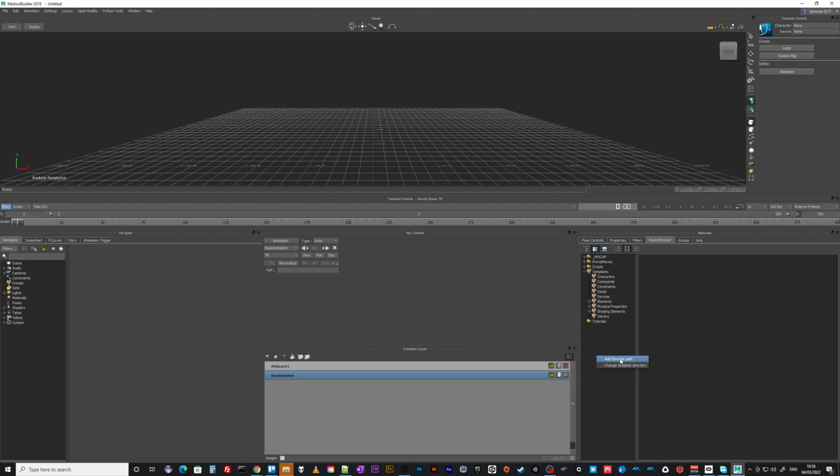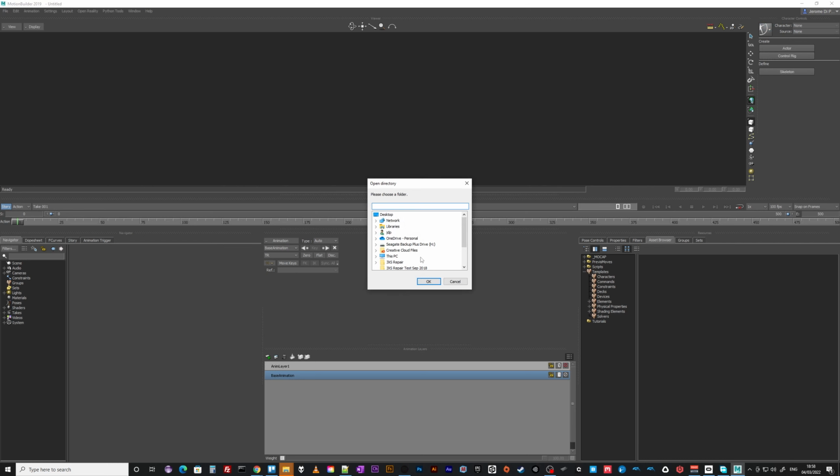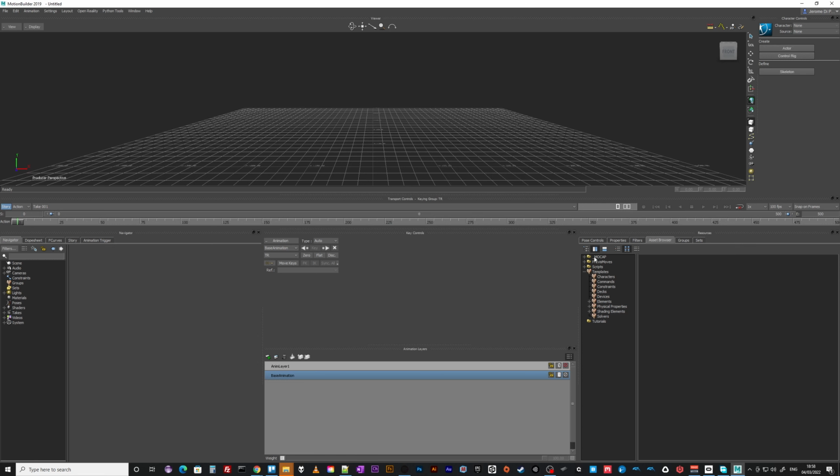So right click, add favorite path, and that's because MotionBuilder is kind of built on this really old tech that doesn't give you like the full Windows file browser, so it makes it a pain getting to places. So just add one if you're coming back to it all the time. I've done it already, it's here, there's my characters, and there's that policeman folder where I put that one that